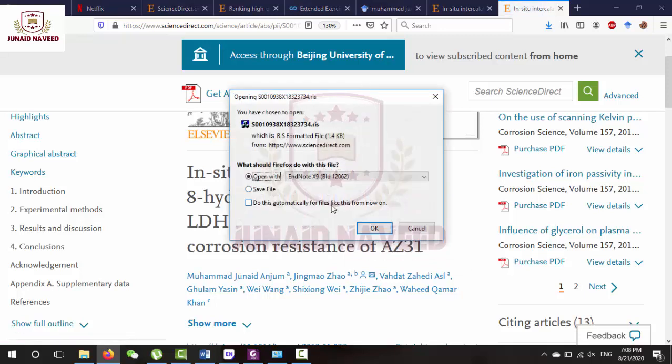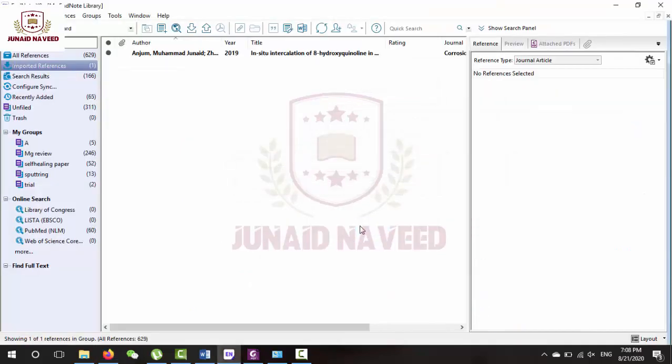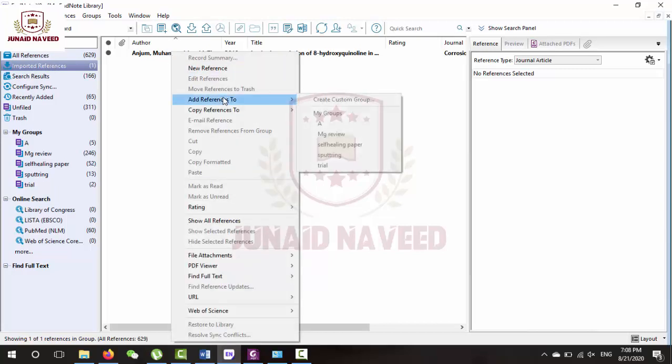If we click on RIS, you can see this window will pop out and ask you, would you like to open this citation in EndNote? You will click on OK.